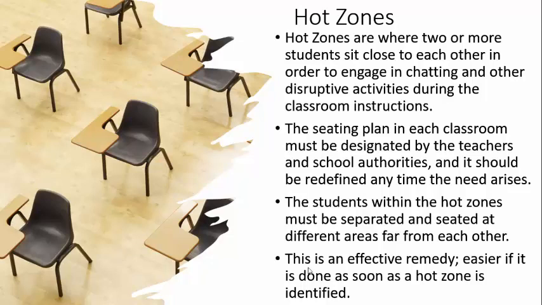The seating plan in each classroom must be designated by the teachers and the school authorities, and it should be redefined anytime the need arises to disperse these hot zones. So the students must be informed at the beginning of each classroom the first time that where you sit is going to be decided by the school and by the teacher of each specific class, because hot zones are not permanent. In some classroom, depending on the teacher and the relationship between the teacher and the class, the hot zones can develop or disappear. So this authority must remain with the school and the teachers in order to minimize the